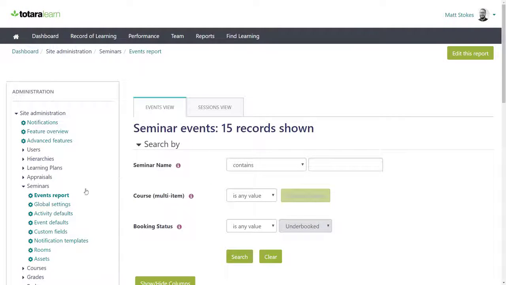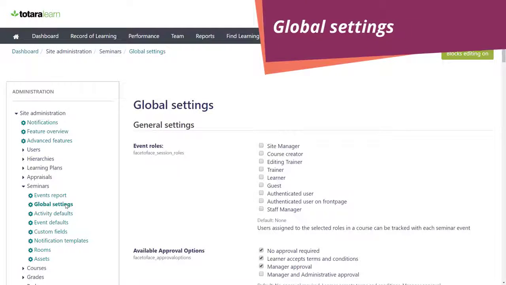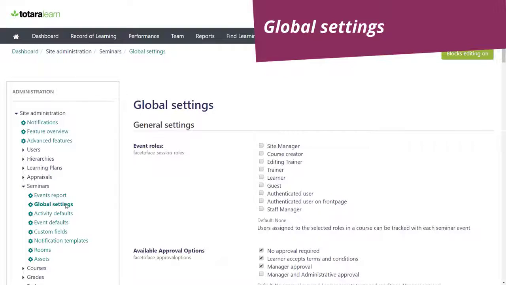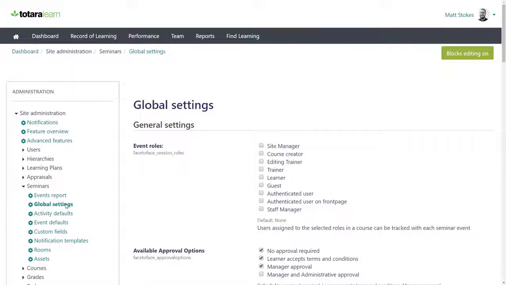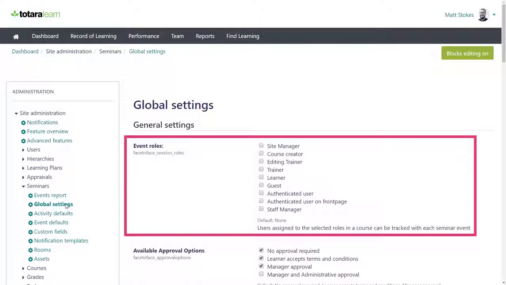Let's go next to the Global Settings. Here you can set a whole range of settings to apply to the seminars in your site. Let's have a look at some of the key ones. At the top here you can see the event roles. Users assigned to the selected roles in a course can be tracked within the seminar event. For example, anyone who is a trainer at a course level for a particular course can be chosen as a